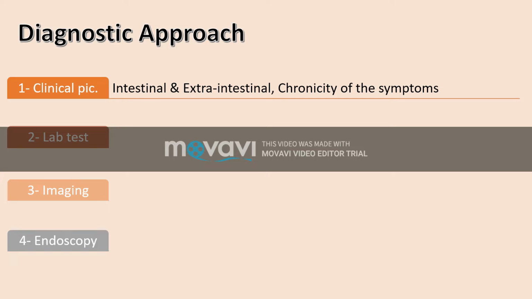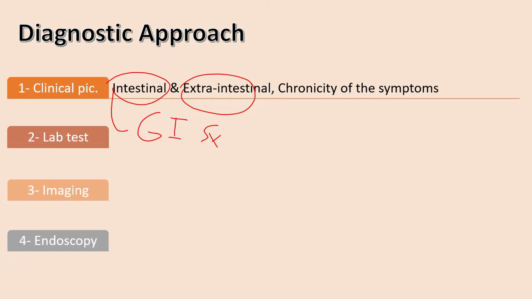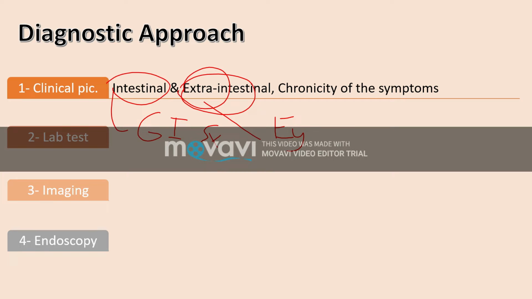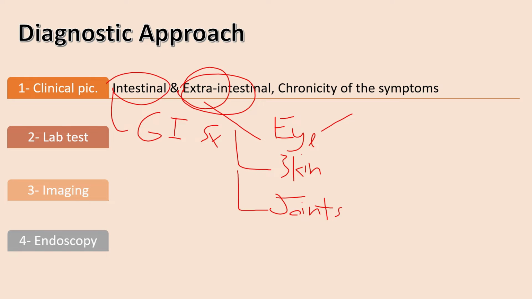intestinal and extra-intestinal manifestations. In the intestinal is any of the GI symptoms, and none of them is specific for IBD. In the extra-intestinal, you have these manifestations. You can divide them according to the organ, like you have eyes, skin, joints. So in the eye, you may have uveitis or episcleritis. In the skin, you may have erythema nodosum or pyoderma gangrenosum. In the joint, you'll have the seronegative